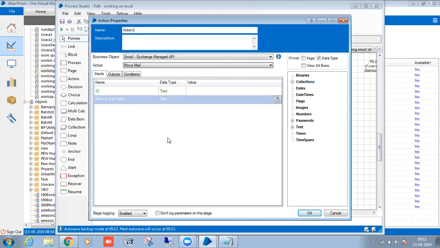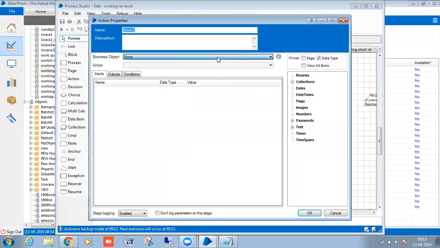First, I need to extract the mail and perform that action. Then after that, I need to move that mail to the successful folder, the completed folder, or the exception folder. We will create those folders and move the mail. If any exception happens, we will move that mail to the exception folder. So like that, we have to configure it. Okay, so it depends.